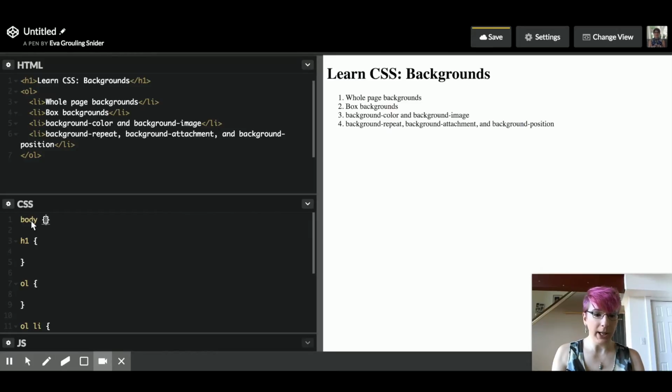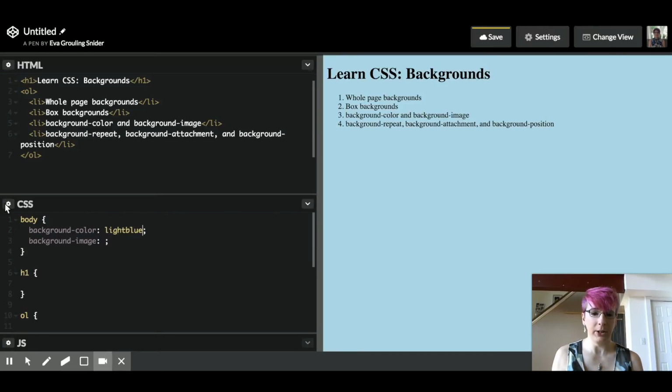So full page backgrounds are specified with a body selector because the body is going to contain everything within the browser window. And there's two ways that you can do background here. There's background color, which we covered in the color video, and there's background image, which will allow you to specify images within the CSS. So we could change our background color to something like light blue,